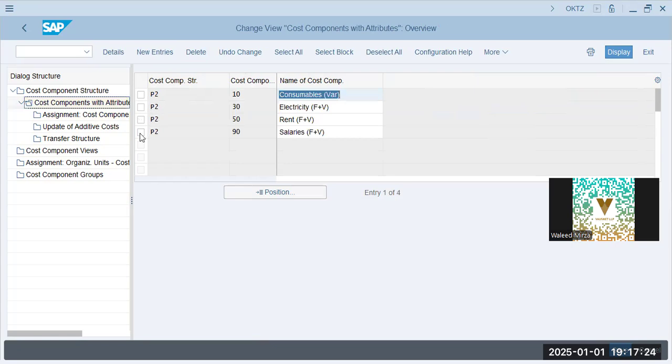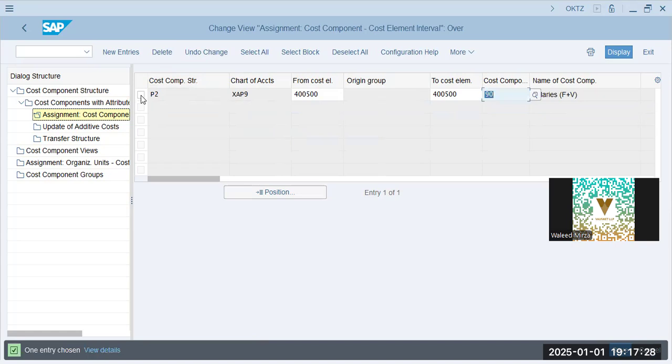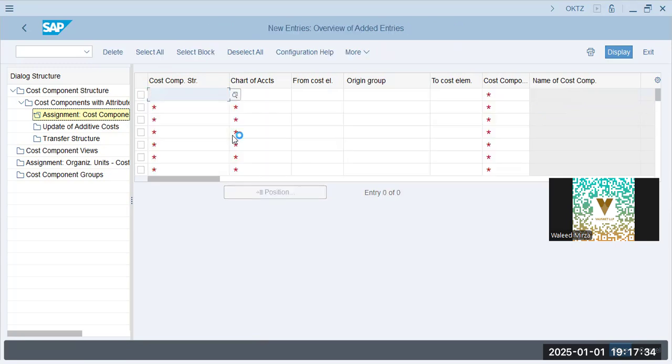Attributes. Now salaries. Inventories. P2, PAP9, 400,500. Cost component structure is